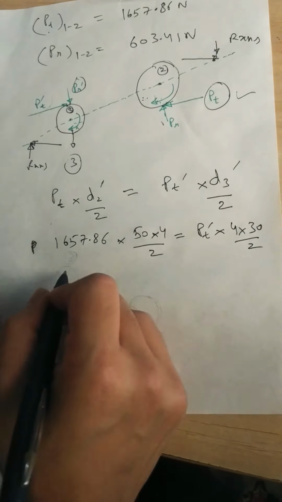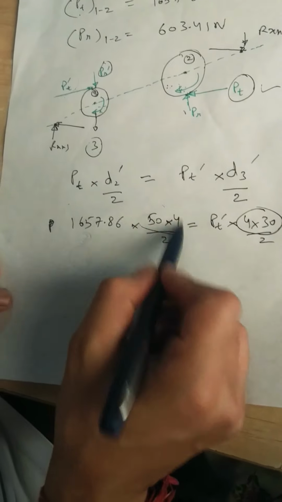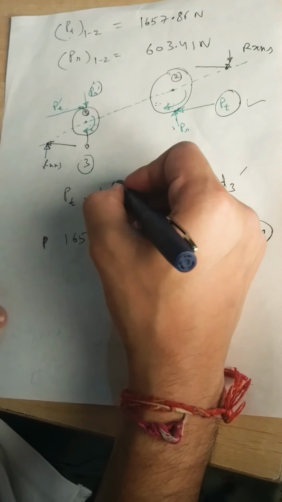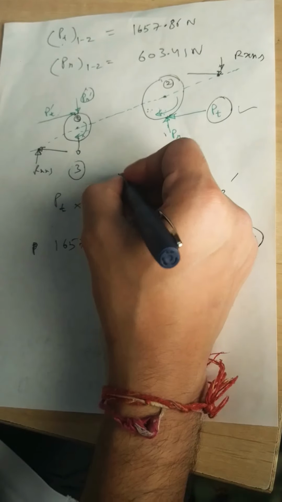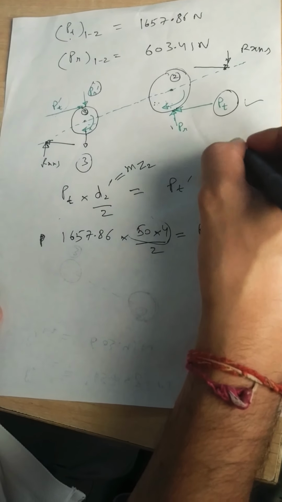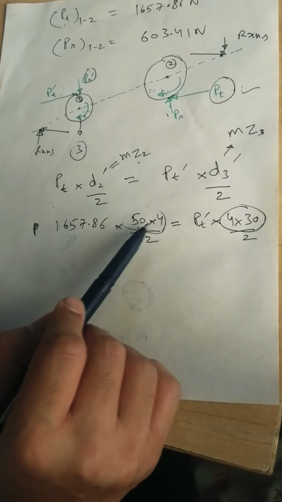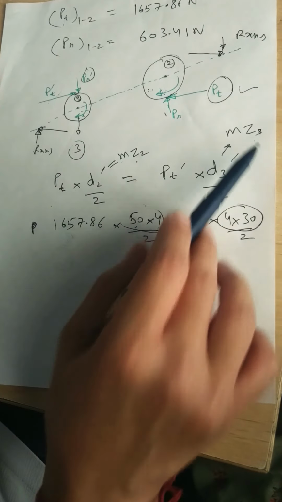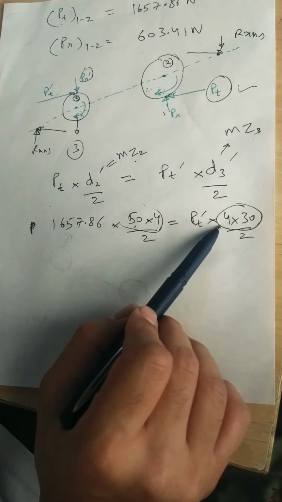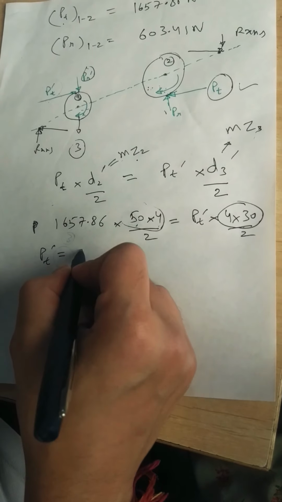divided by 2. And why am I writing 4 into 30 divided by 2 and 50 into 4? Because D2 dash is equal to M Z2 and D3 dash is equal to M Z3. Z2 is 50, 4 is the module. Z3 is 30, 4 is my module. So by that PT dash will come equal to